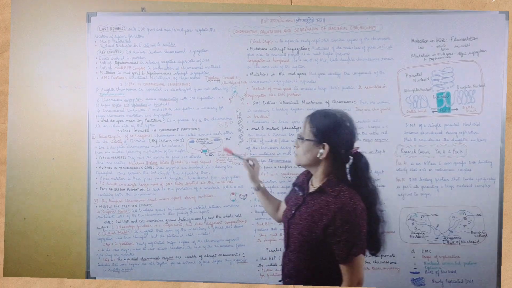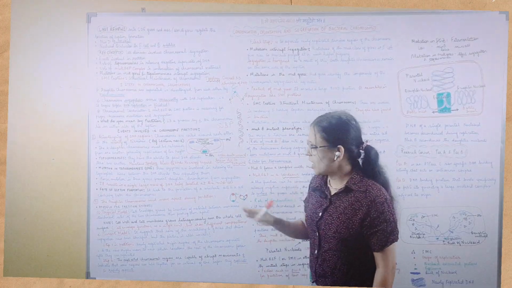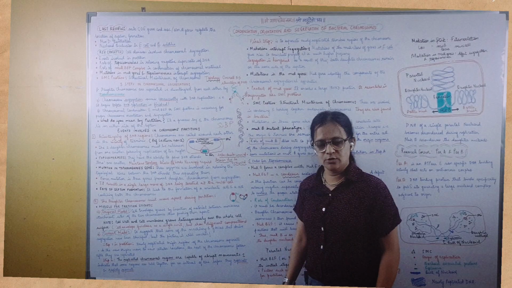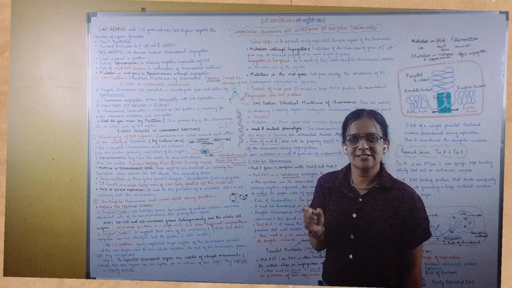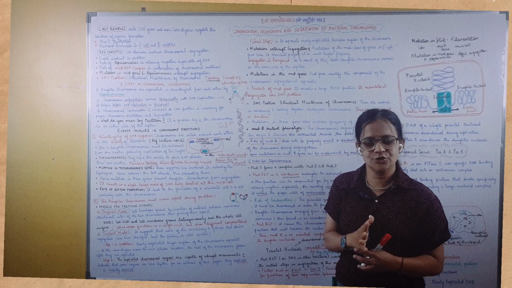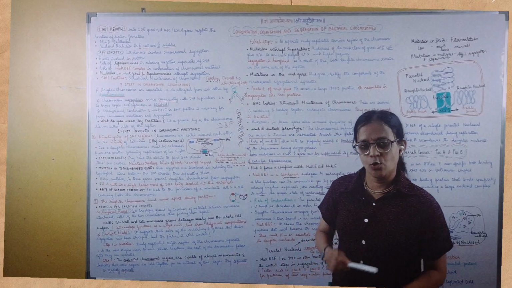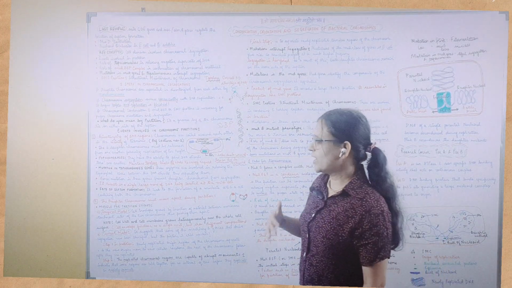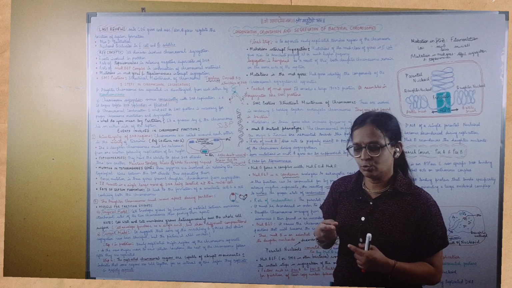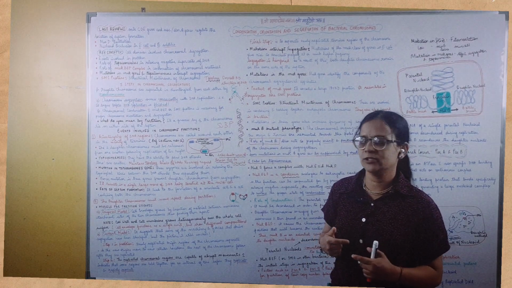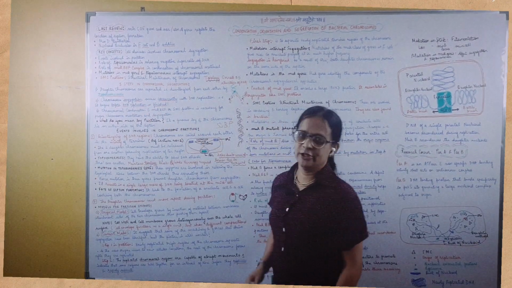Now in this case, after the replication is over, after the termination is over, termination is the signal which will say that now the replication should stop. So you have an origin site and you have a termination site. Once the replication is over, then and only then will the chromosome go for segregation. But there are two processes which will go on simultaneously. Which are those processes? Segregation and replication.